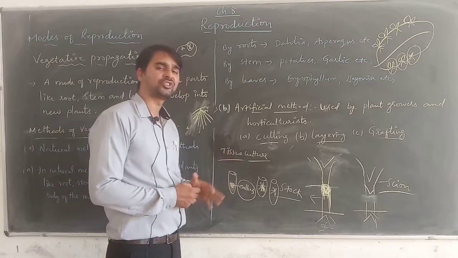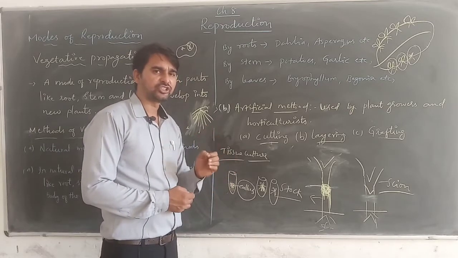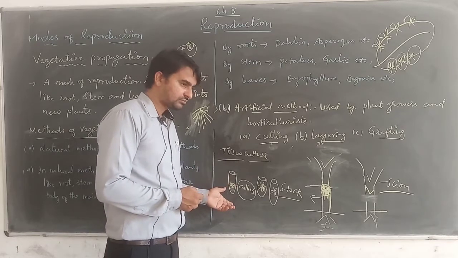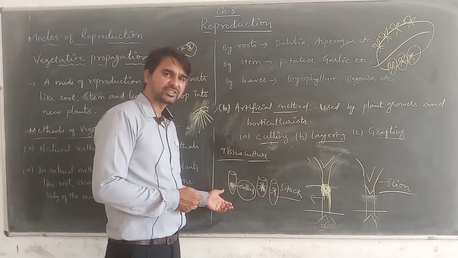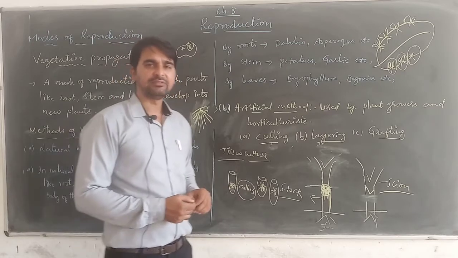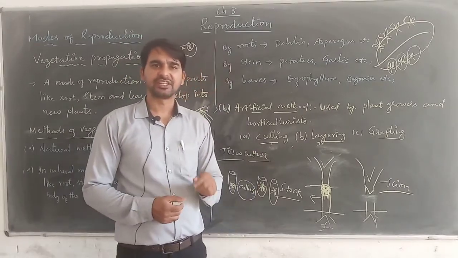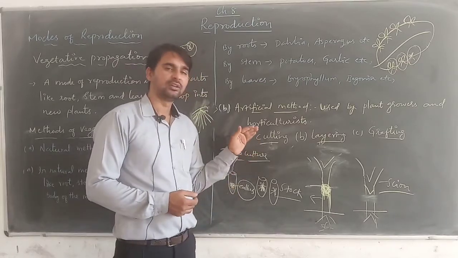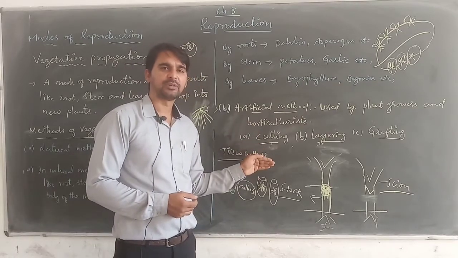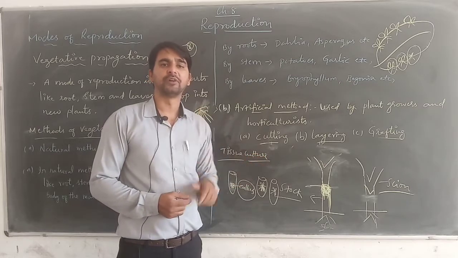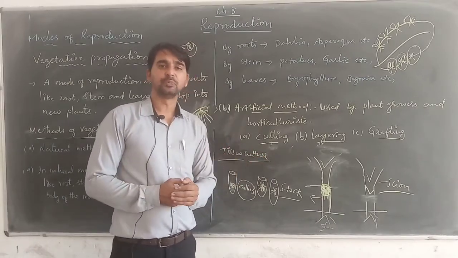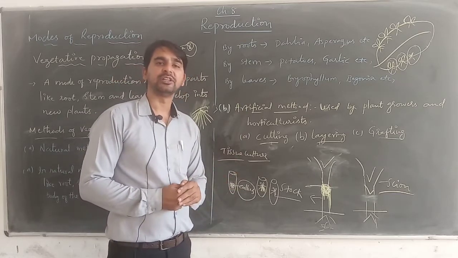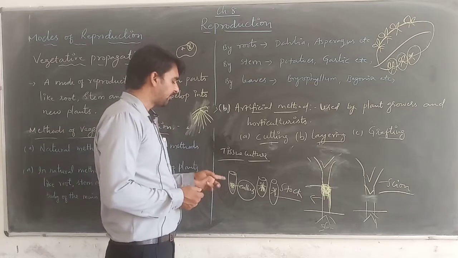What is happening in this tissue culture technique? In this technique, we select a group of cells from the actively dividing cells present at the tip of the stem or at the root of the plant. That means from any of the nodal region or at the tip of the plant, we select a group of cells. That group of cells will be transferred into a test tube in the lab,